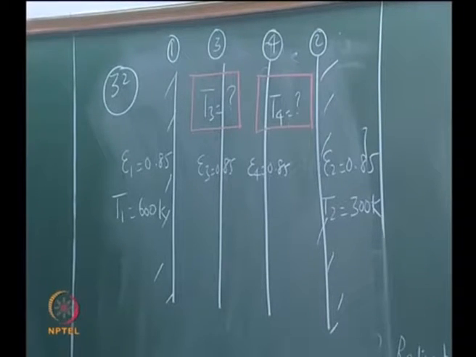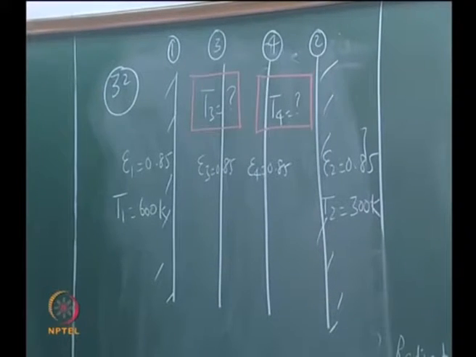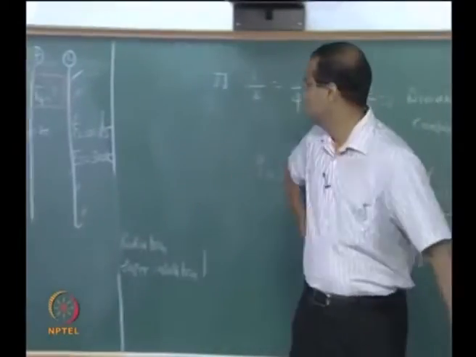So, simply write the no shield formula divided by n plus 1, n equal to 2, therefore n plus 1 is 3, you will get the Q with 2 shields. Then this Q with 2 shields you locally apply between 1 and 3 to get the temperature of 3, you locally apply between 3 and 4 to get the temperature 4. You have to do it systematically, this will take somewhere between 10 to 15 minutes, it is pretty straightforward. Okay.